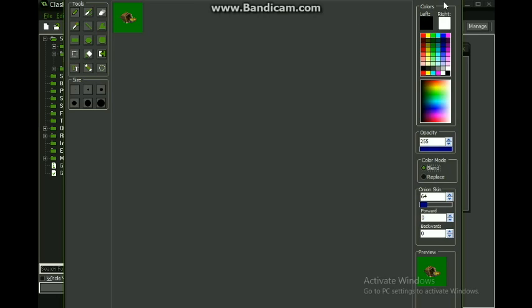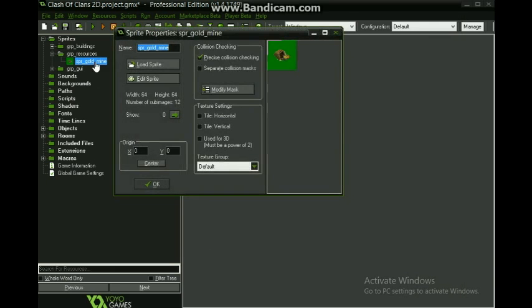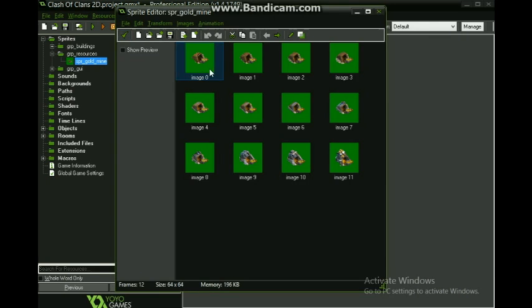Wait just a second, guys, we have some problem here. Okay, I'm sorry guys, I'm just resizing the window, it's not maximized. So here we are, Sprite Gold Mine, and as you can see, I have 12 images.